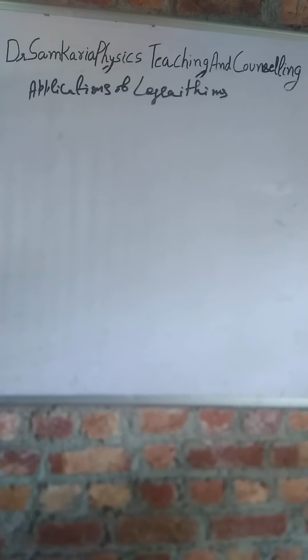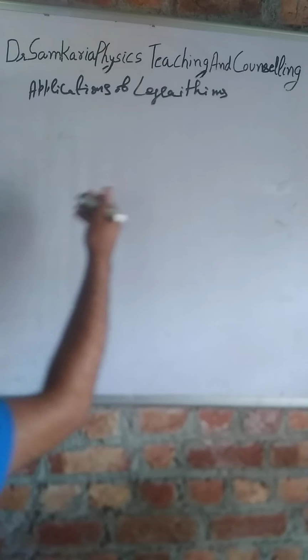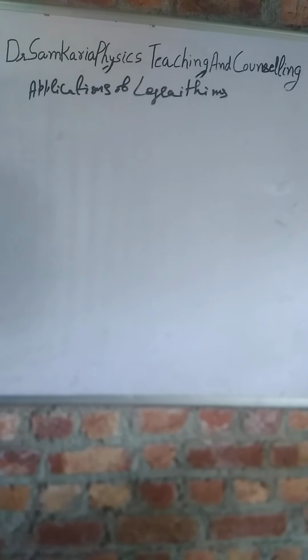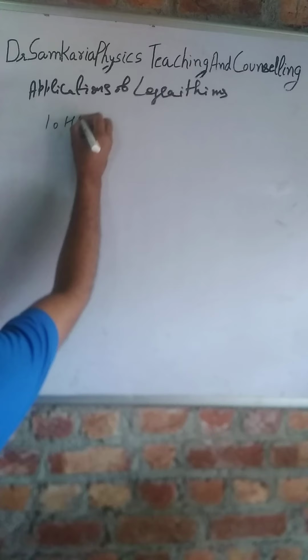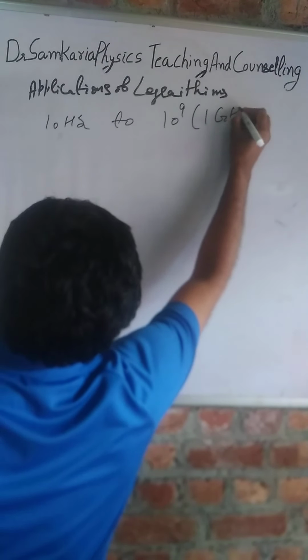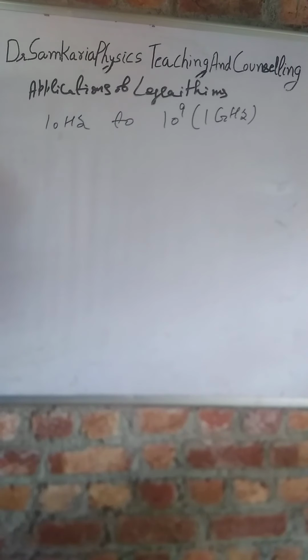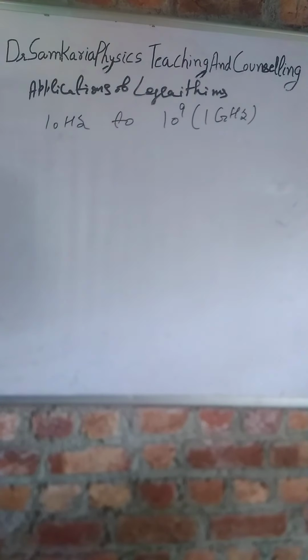Now, before concluding my lecture, I would like to give you one more example of this logarithmic scale, which is very useful in physics. Suppose you are working with an AC current, and you know that AC current has a variable frequency. Suppose the frequency that you are working with is from 10 Hertz to 10 to the power 9, or 1 gigahertz. So student, you can see that again you have a very large variation in your numbers. So you cannot plot it on a linear scale. So you have to go to the log scale.